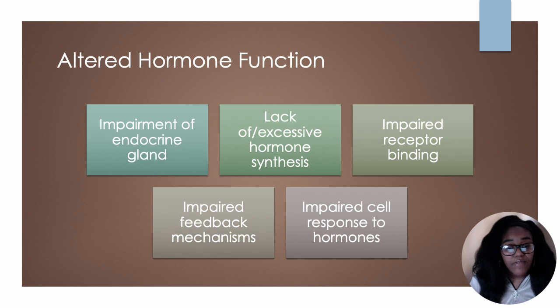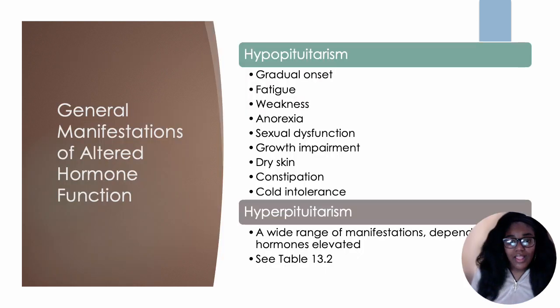You can have impaired feedback mechanisms, and that's talking about your positive and negative feedback mechanisms. Or you can have impaired cell response to hormones. So the hormones actually reach the cell, but the cells do not respond to the hormone. So now we'll have general manifestations of altered hormone function, and we'll talk about this in terms of hypopituitarism and